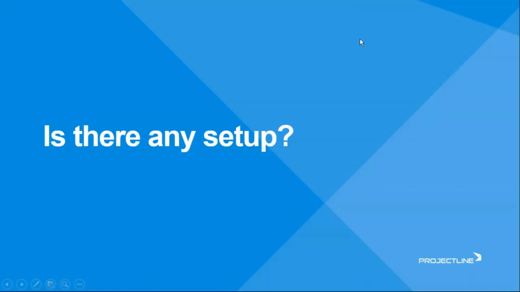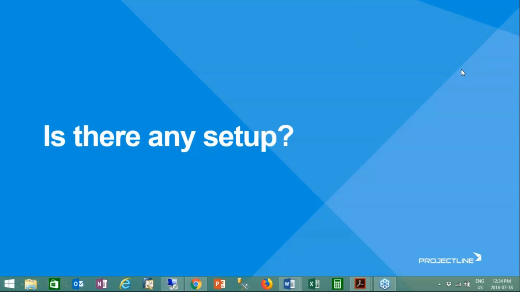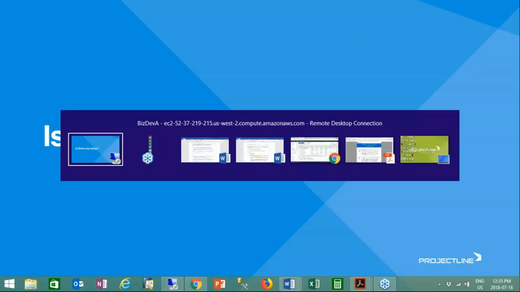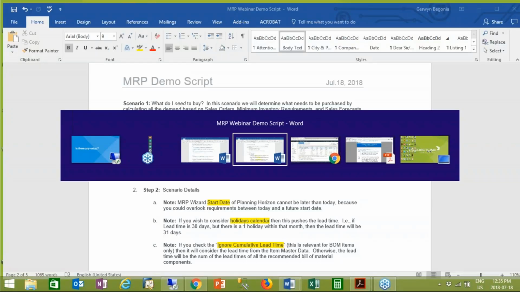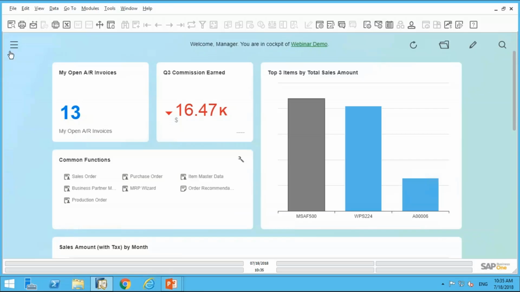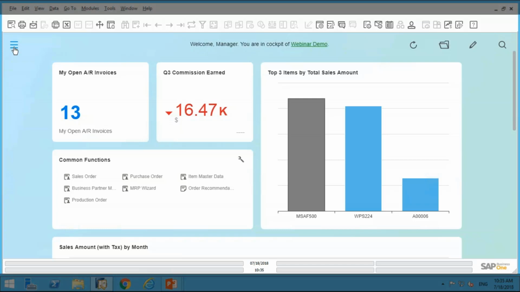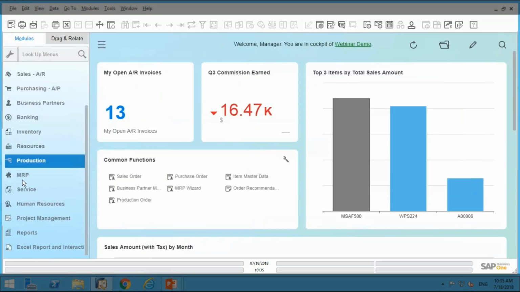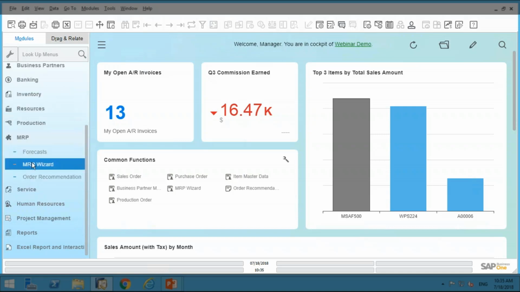So is there any setup? Fortunately, like I said, it's very easy to get started using MRP. Let's take a look at SAP Business One. So let's take a look at the MRP module. Now, as you know, there's an MRP module here in the main menu. What I've done was I've actually dragged the MRP Wizard right into my common function window. So if you have a common function window, it's a great shortcut to your MRP Wizard. I've also got a shortcut to the item master data, and this is where we're going to get started with